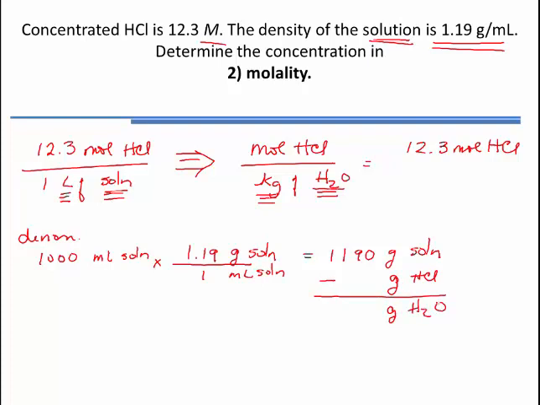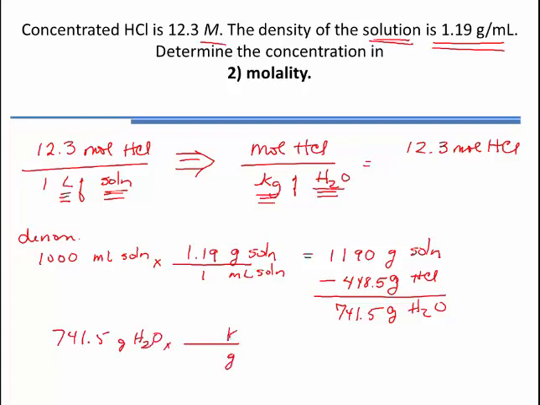So how are we going to get the grams of HCl? Well, in the previous problem, part one of this, we determined that if you can take this moles of HCl and convert it to grams of HCl, that there are 448.47, I'll just call it 448.5 grams of HCl. And this is going to leave me with 741.5 grams of water. Now I can convert that grams of water to kilograms of water,